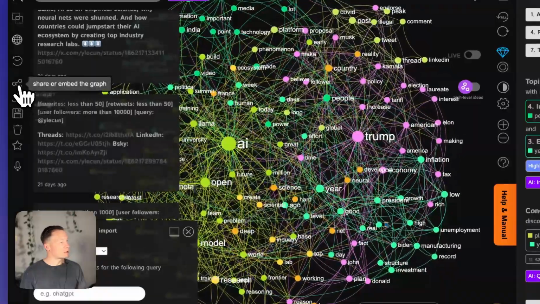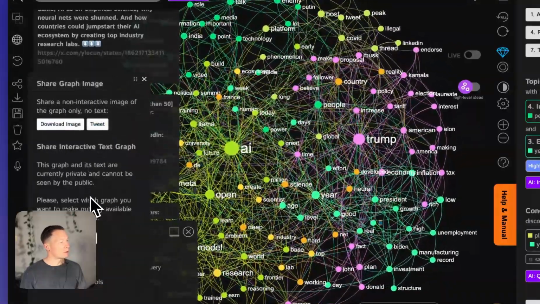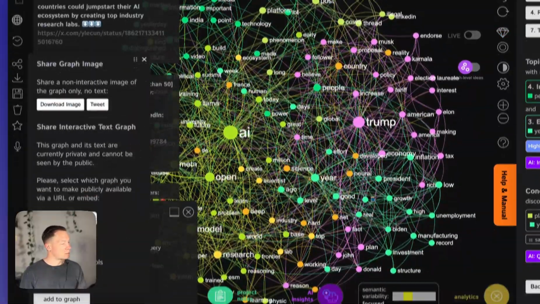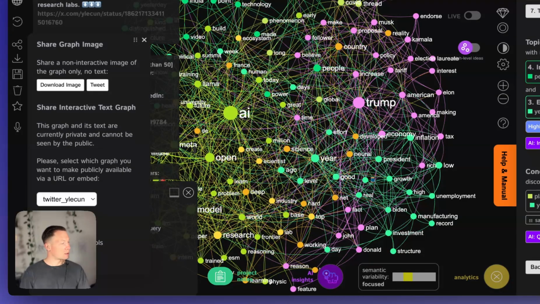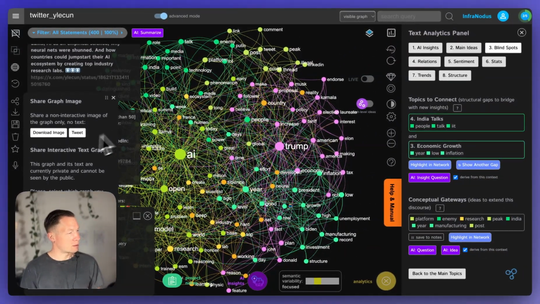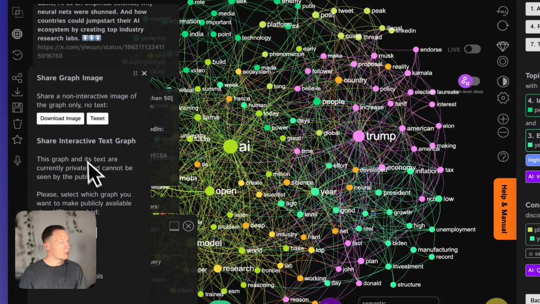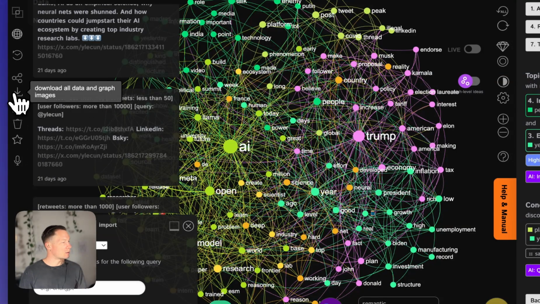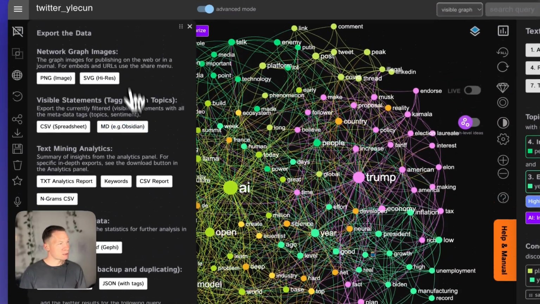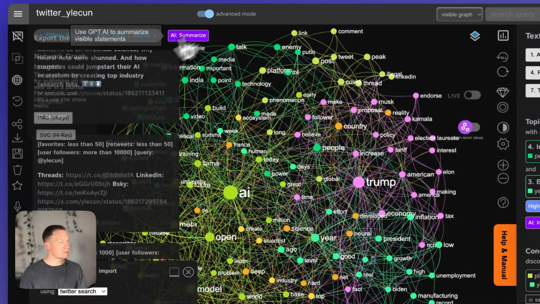Then you can also share your graph here. So you have to actually make it public first, and then get the link for it, or the iframe embed code. You can also download it as an image, or you can tweet it. And then you can also download all the data in any format you want, whether it's a graph or text,